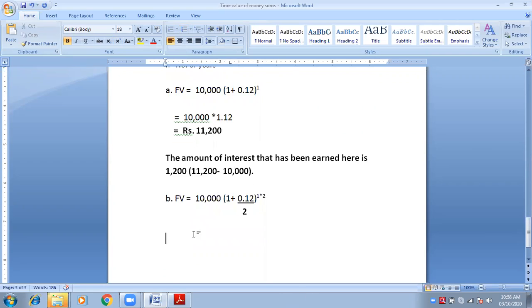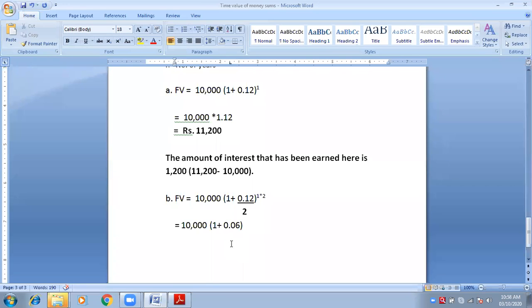So let's start solving. Equals to, keep 10,000 same. I hope you all are doing it with me. Don't stop yourself. Go on writing down with me. 10,000. Now let's start the bracket. 1 plus, what is 0.12 divided by 2? 0.06. Okay, outside the bracket,